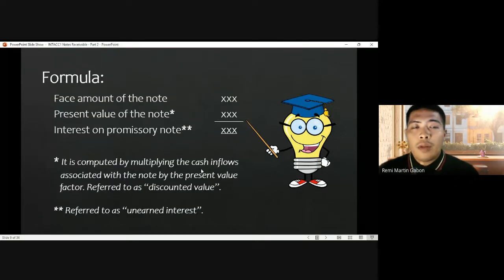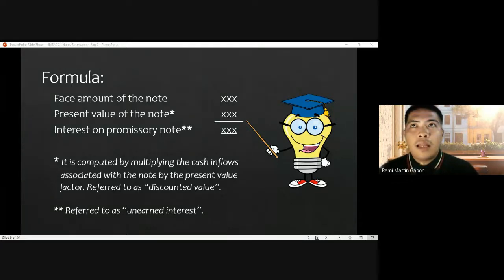So the formula to compute for our interest on the non-interest bearing promissory note is simply to find the difference of the face amount and the present value of the promissory note. I have already made a slight introduction of present value computation yesterday, but I'll apply it again in this discussion. So the difference is the interest on the promissory note,